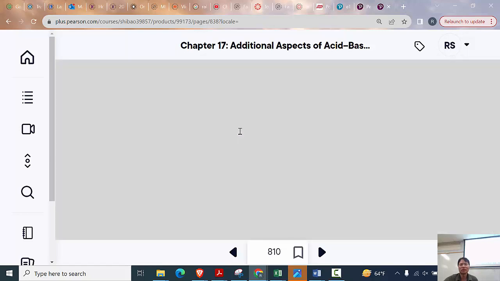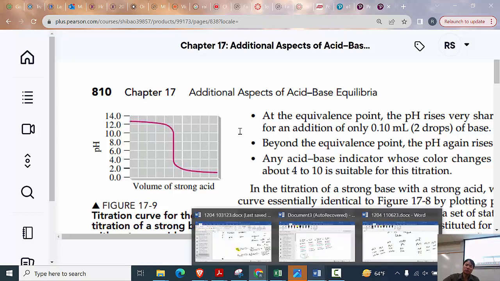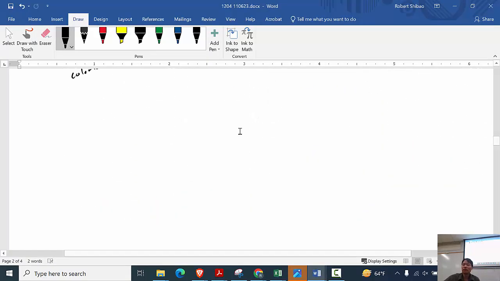This is it. This would be flipped. Strong base being titrated. And the same thing, if you had the strong base being titrated with a weak acid, it'd just be flipped. The other type of titration is weak acid, weak base titration. If we have a weak acid, weak base titration,